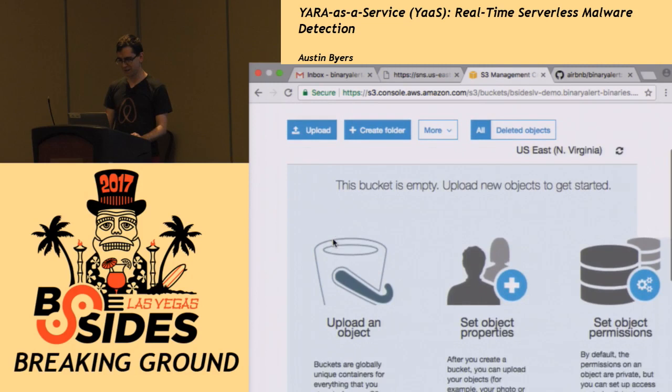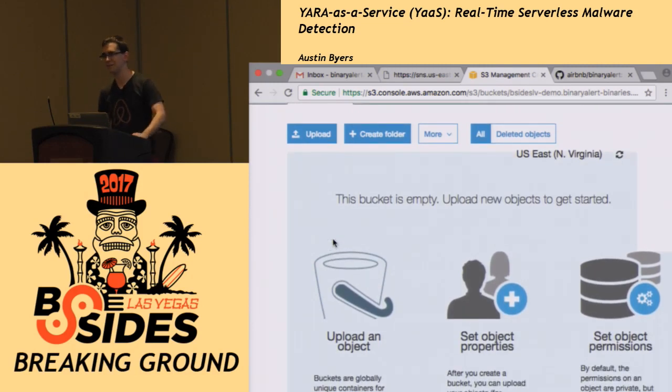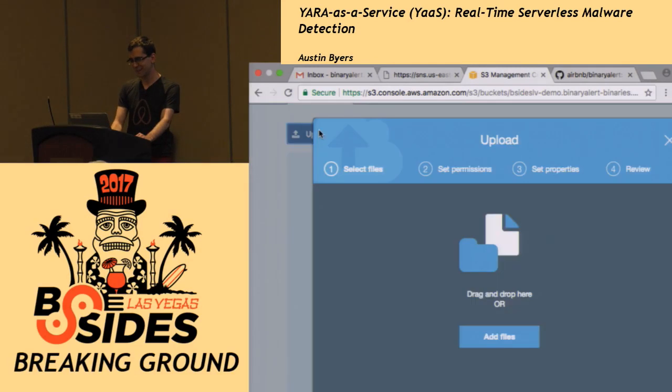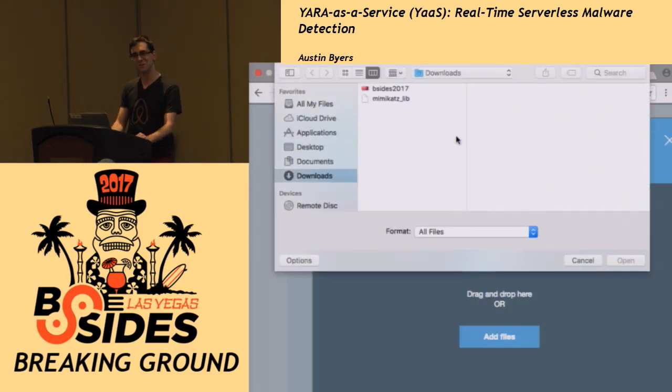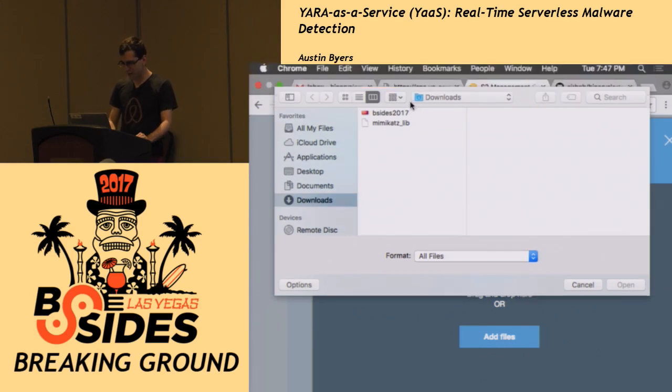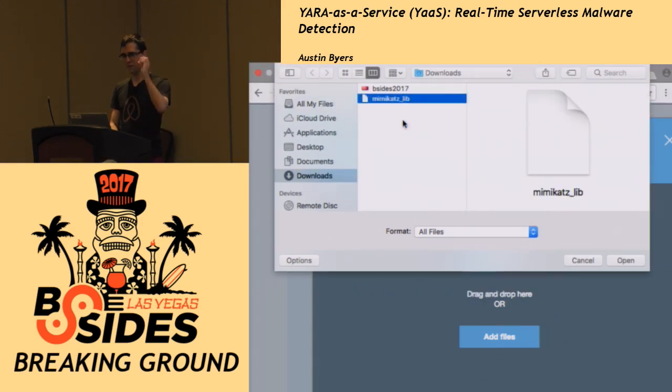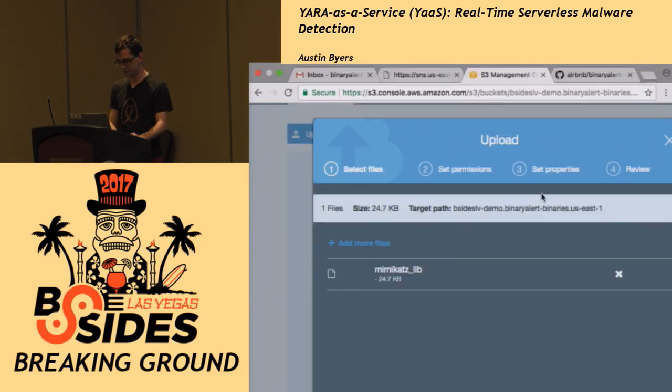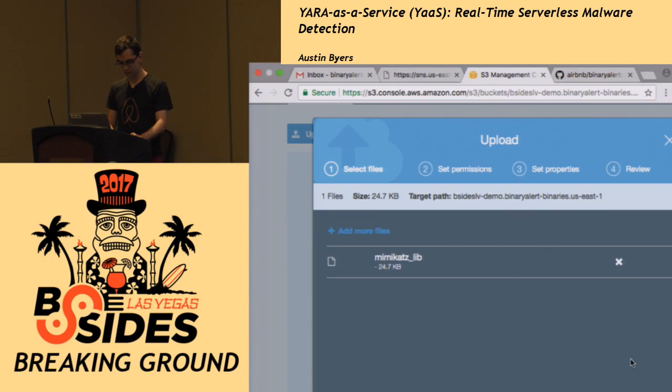So we're going to try it. And I asked my manager earlier today, I said, can you send me malware that I can put on my laptop and upload? And so we actually found Windows malware, since I'm on a MacBook. This will match one of the YARA rules that we include in the BinaryAlert repo. So we're going to upload this. And the screen is so small I can't even click OK.